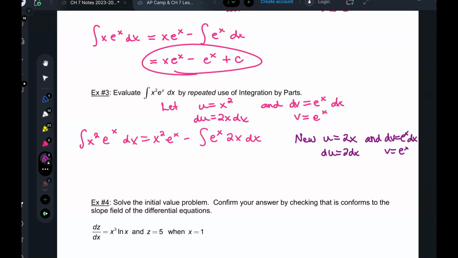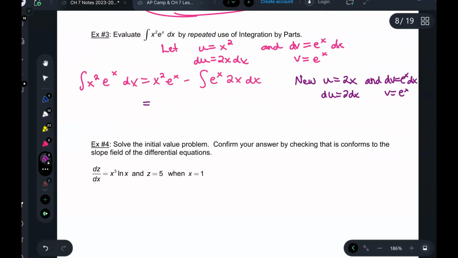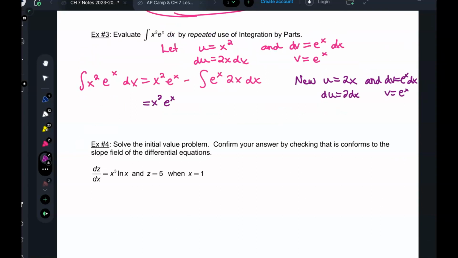Okay. So this first part we're just going to leave, but the second part we're going to rewrite and integrate one more time. Good? So x squared e to the x minus uv plus, right, because it'll be minus negative, right? 2e to the